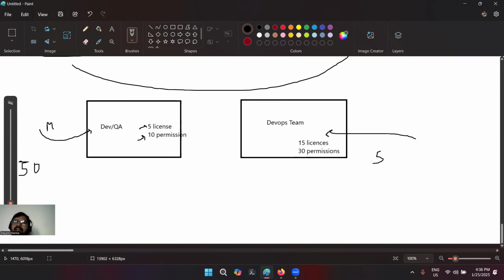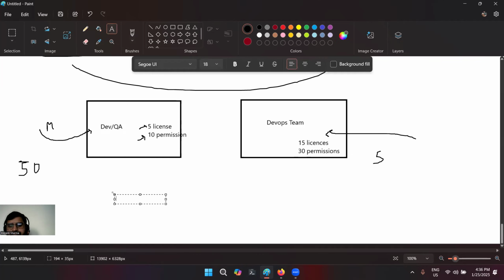So how is that engineer or user going to manage that each person gets the licenses that are assigned for that particular project, or let's just say department, and the necessary permissions that are required in the department? To make these things easy, they have created groups.